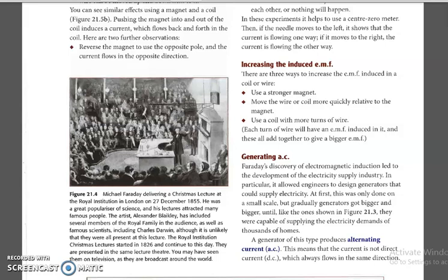So here we are inducing the current, right? We are inducing the current. So next, our topic is increasing the induced EMF. So I told you, when